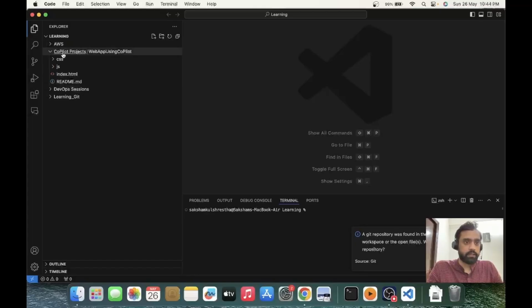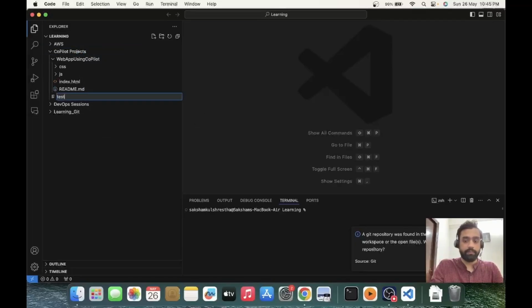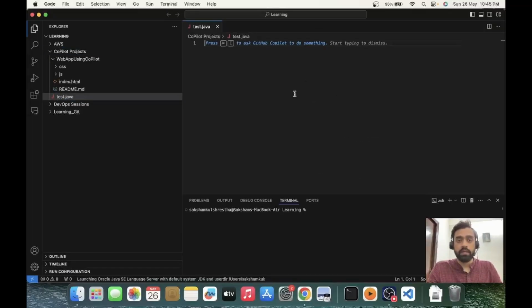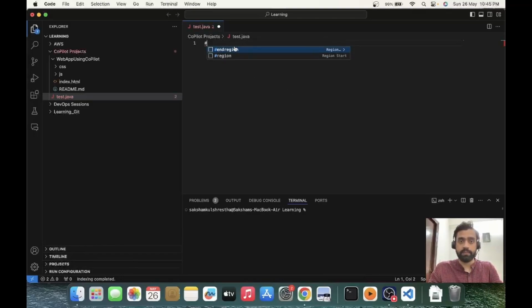So let me create one demo file here where I can show you how we can use it. Let's name it test.java. Its first feature is that we can ask any kind of question in our workspace. This is basically the workspace of the file test.java. By giving a double slash, we can write a comment. I'm just writing Q, then a colon, and we can write any question,